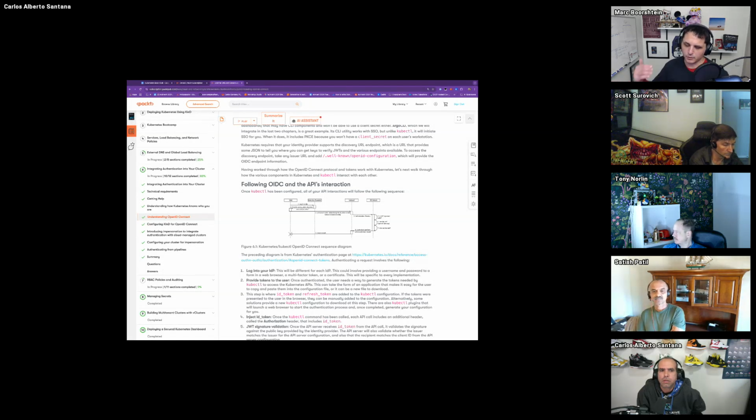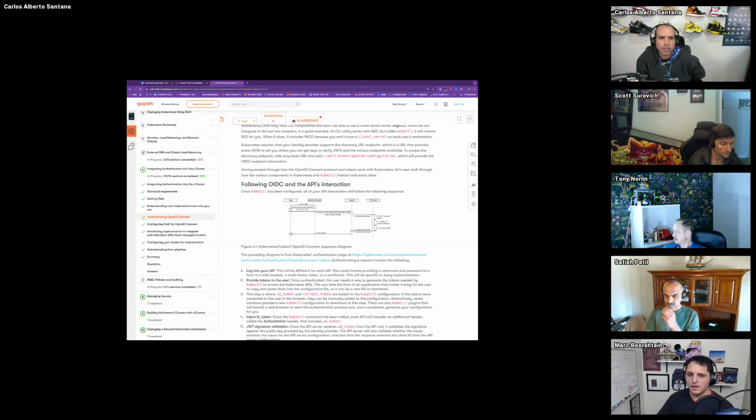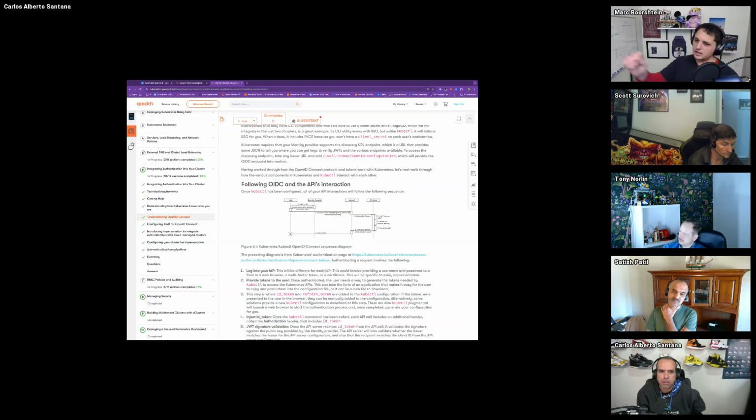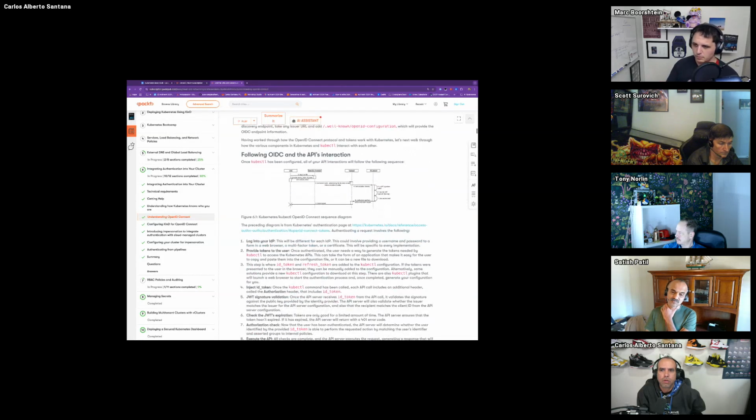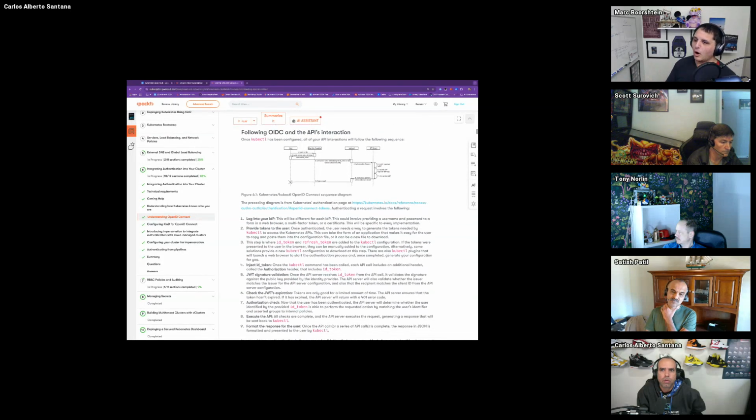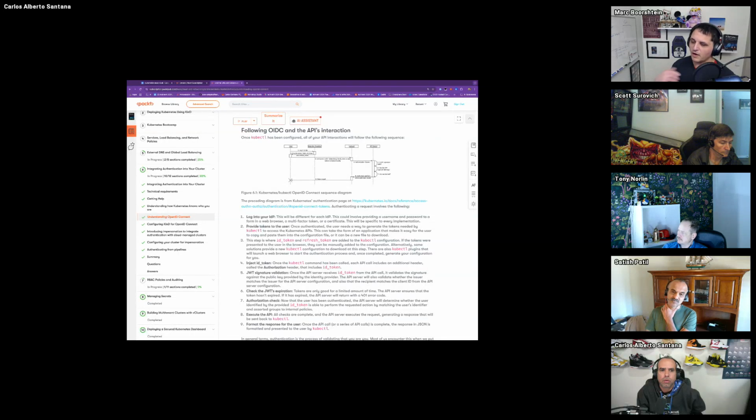The original design was that the access token is supposed to be opaque. You don't really know what's in it, and you're passing it around because it's a bearer token. Opaque, and included, you mean in addition to the ID token, or the ID token wasn't supposed to be? Well, the ID token was never meant to be passed around. The ID token and the refresh token were always meant to stay with the client. The ID token is there so that the client, in this instance kubectl, knows who you are and can make decisions. But for actually calling APIs, the access token is what you're supposed to use.